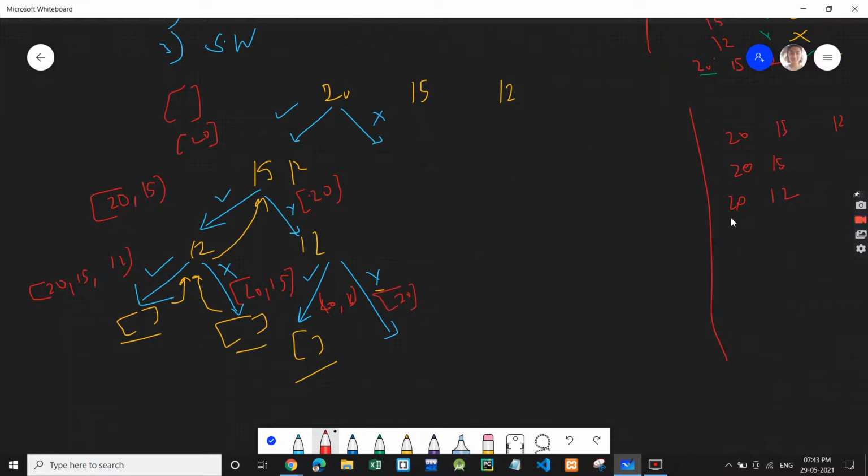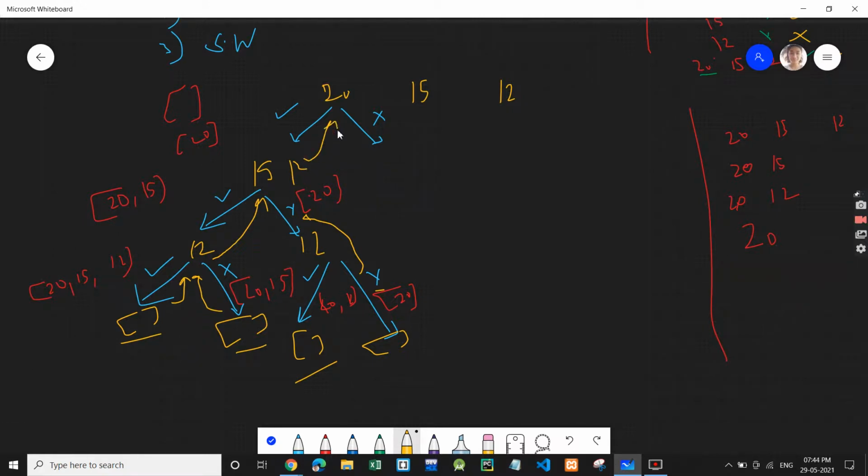So we will hit the base case, an empty array is passed, and in the subset we have only 20, so we will print 20. So you see, we are making subsets. We have found 4 subsets out of all the 8 subsets. Now we explored both the possibilities for 12, we'll return, and we explored both the possibilities for 15 also, when we took 15 and when we did not take 15. So both of these are explored.